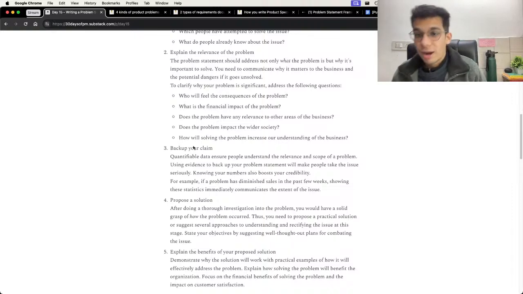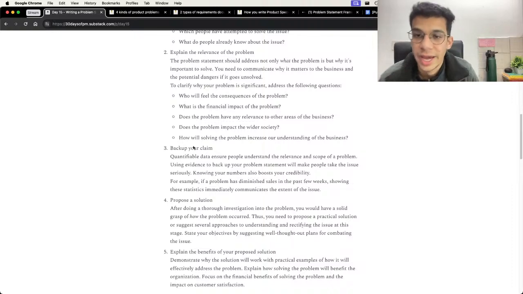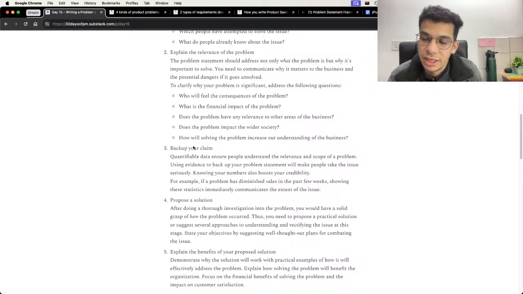So you have to back up your claim as to, for example, why a feature needs to be delivered on an urgent basis. It needs to be delivered because X and Y. So you have to have reasons to back your claims, and why. For example, your task needs to be picked up over other user stories that are already part of the pipeline and scheduled. So for that, you need to always back your claim and provide context and details as to why this needs to be prioritized over one.